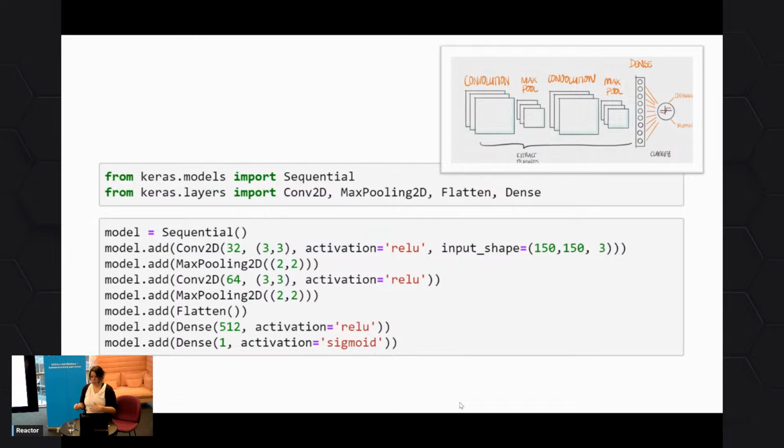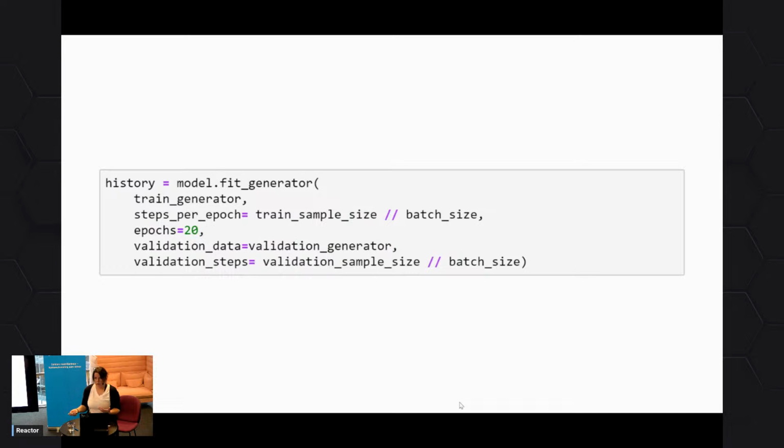To build one of these, surprisingly little code, to be honest. This is the code for building the whole neural network that we're seeing here. Obviously, you would have a lot more layers and these kind of things. And this tells you a little bit about how many convolutions, how big the windows are, these kind of things. And then you have something that trains it, and you train it then on some of your data, and you save some of your data for validation.